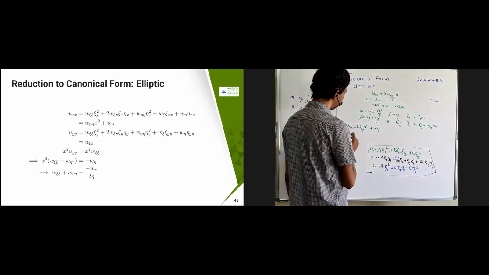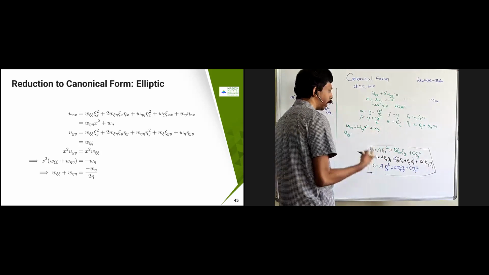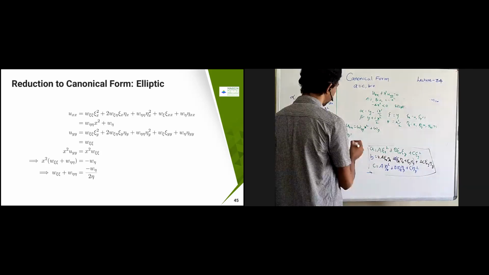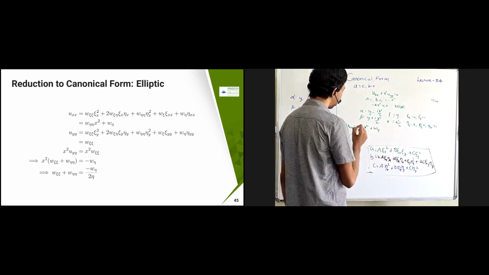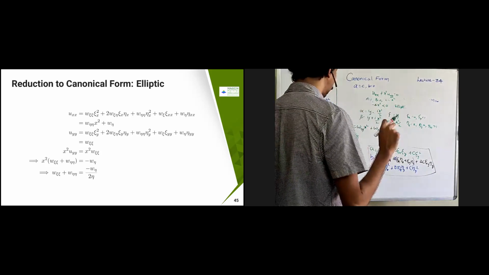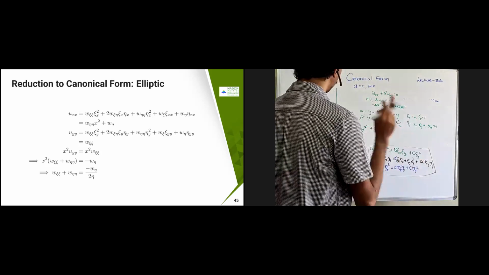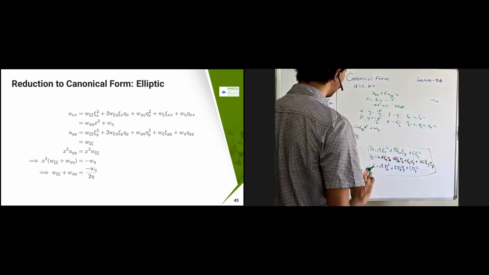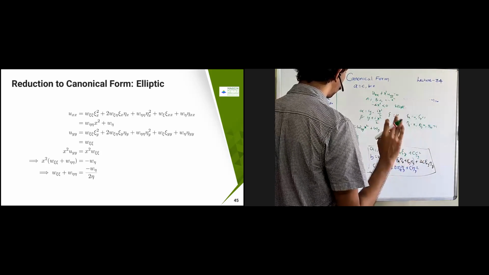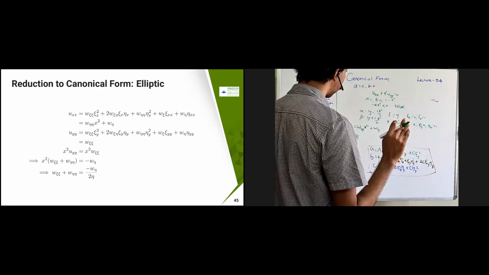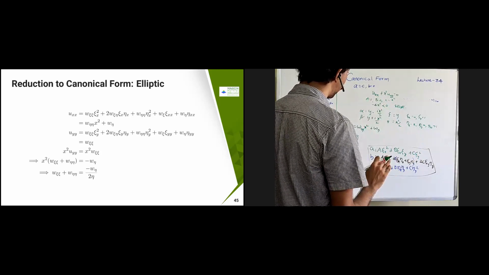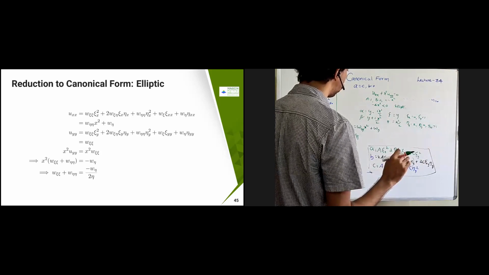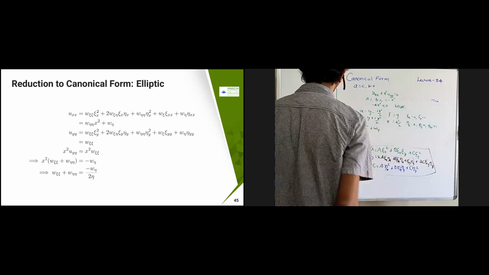Then u y, say w chi into chi y square is going to be there. Chi y square is 1, therefore that is going to be surviving. Okay, w chi. Then w chi eta chi y, eta is 0, therefore that is becoming 0. Then w chi eta y square, eta is 0, therefore that is becoming 0. Then w chi eta, chi y is 0, therefore that is going to become 0. Then again eta y will come, w eta and eta y is going to come, so that is also going to come 0. So only these two are going to survive.